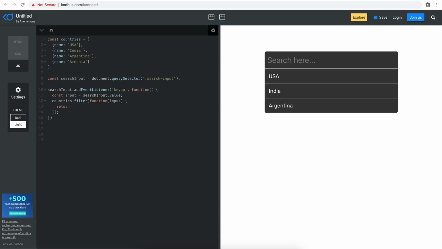Or I don't know, like input. And then inside this, what I want to do is see if I can say return input. Maybe this should be country because I'm going through the countries list. So return country, which is each of these. So it's just going to loop over all of these. Country.name starts with